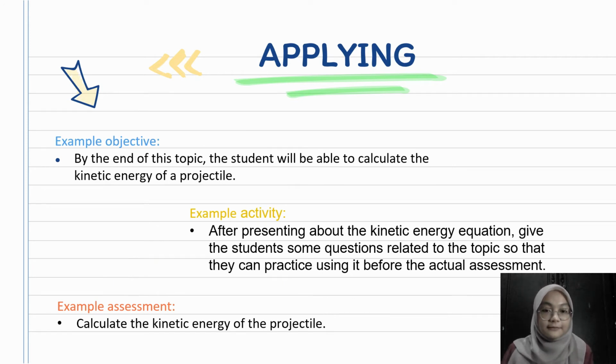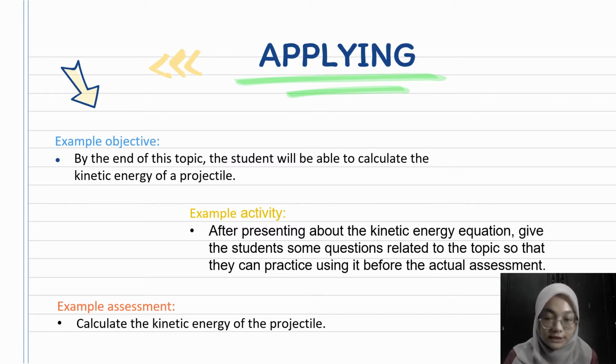Here are some examples of applying based on the physics subtopic. The first one is example of objective. By the end of this topic, the student will be able to calculate the kinetic energy of the projectile. It means that after a student learns about the kinetic energy, such as equation of kinetic energy, the student able to apply the equation to solve the problem in a different situation